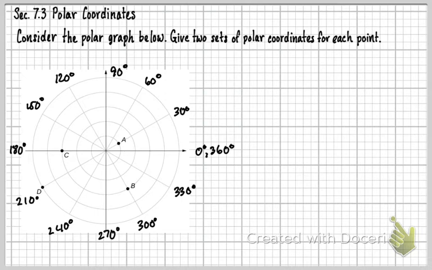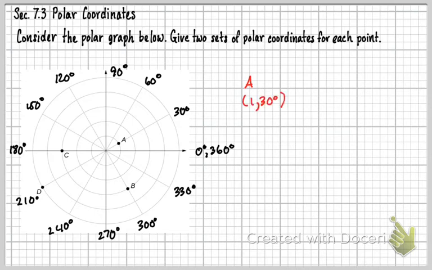Now, when I think of these points, I'm going to start with point A. So I'm just going to get 2 points here. It tells me to give 2 sets of polar coordinates. So that's what I'm going to do now. So the first one is obvious. That's going to be, now remember, I'm coming out exactly 1 unit there. So that means it's going to be 1,